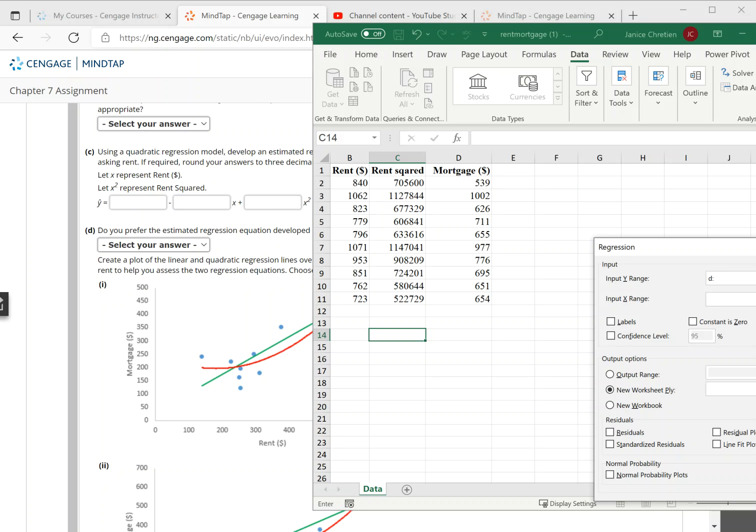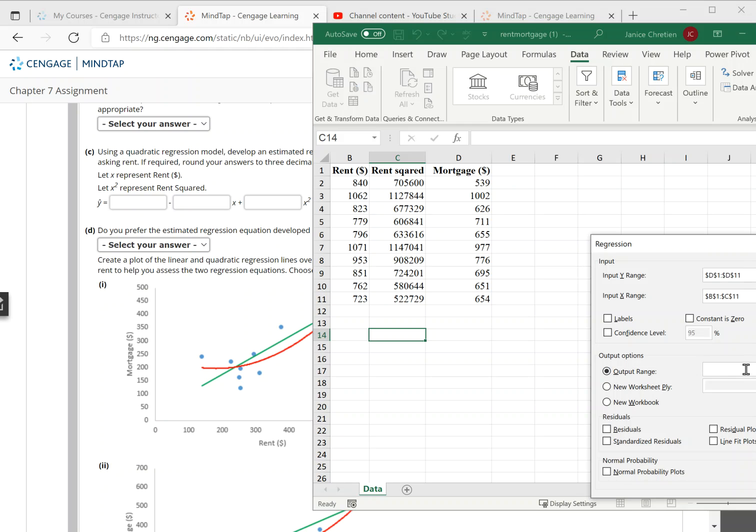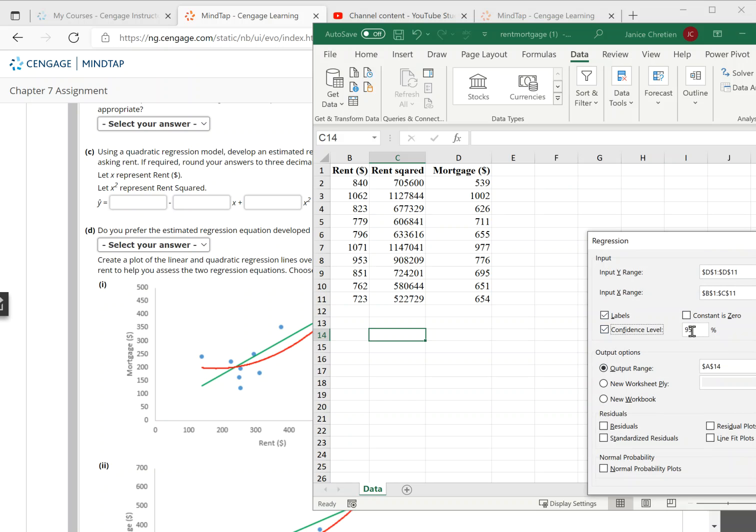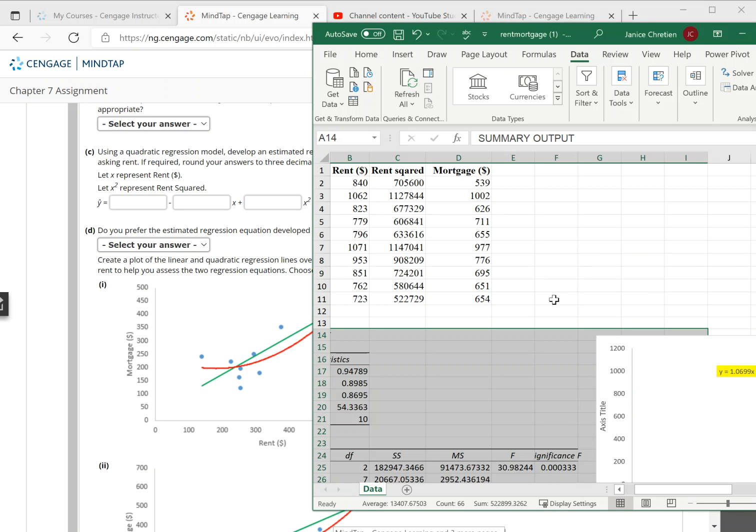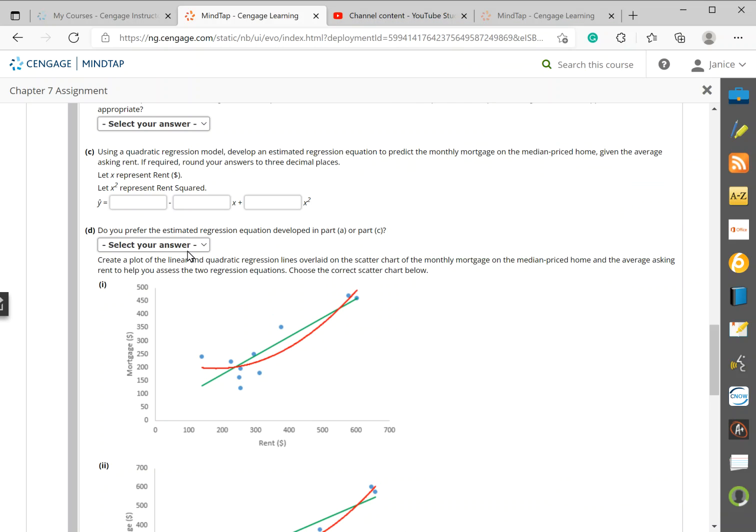So I have D1 to D11, and then I have B1 to C11. Labels, yes. Confidence level 99. I don't know if I need residuals. I'm not going to do those at this point. Okay, so you're going to answer the question, and then we're going to create a plot of the linear and